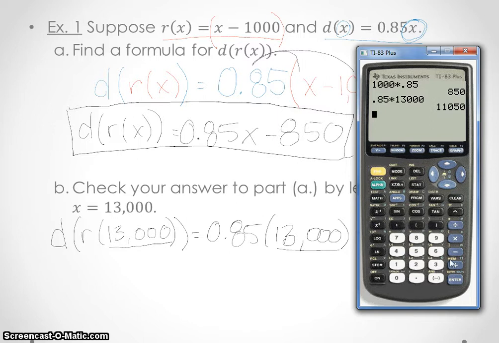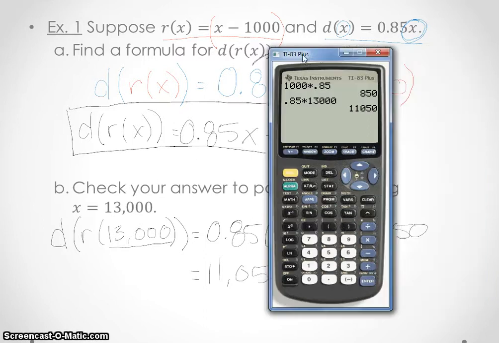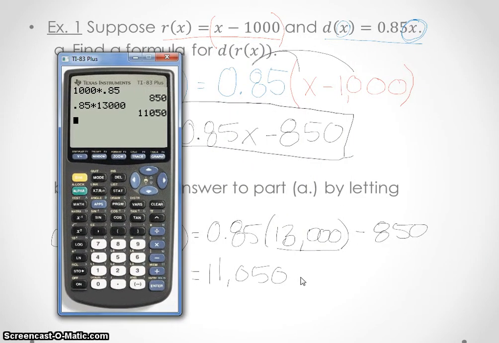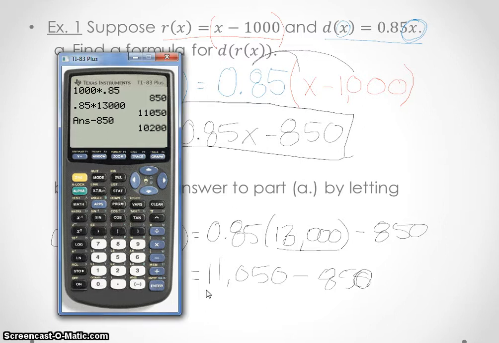It's going to give me 1150. Okay, so let's write that down. $11,050, and then don't forget we still have to subtract off 850 from that, so minus 850. Alrighty, so let's do that. So minus 850, and we get